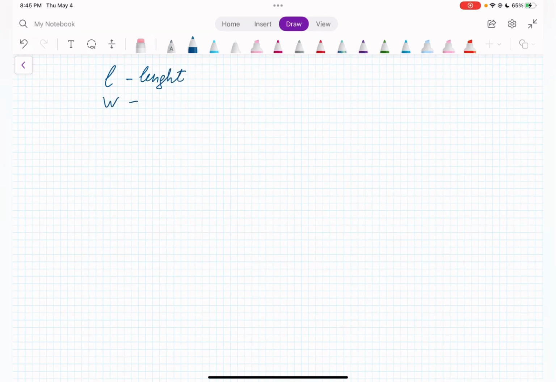W is width, right? Okay? And those are measures of